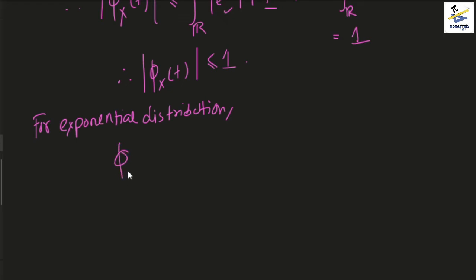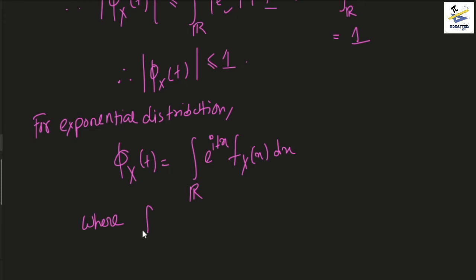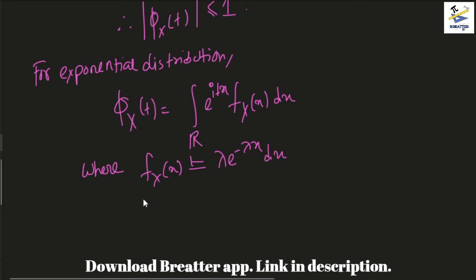Because we have phi x of t equals the integration over the real line of e to the power itx f x dx, where f x of x dx is basically equal to lambda into e to the power minus lambda x dx, right? Now, therefore